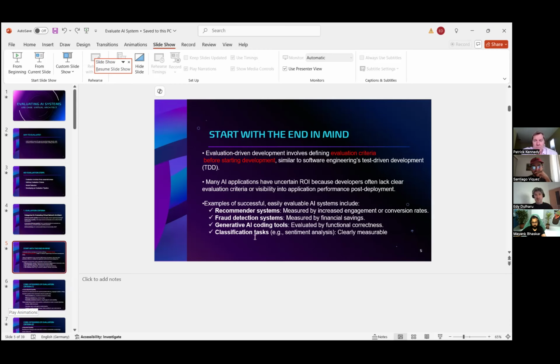Like a fraud detection system, it's simple. It can be quantified in money. We can say that a good AI solution which takes care of fraud detection can save a business $1 million per year. So the value of the AI solution is easily measured in money. But unfortunately, I can tell again from my experience, not all AI use cases can be easily mapped to money, to say this is the amount of money you save if you use it.